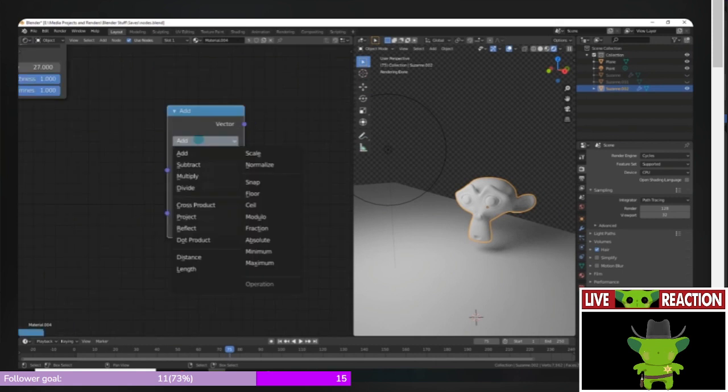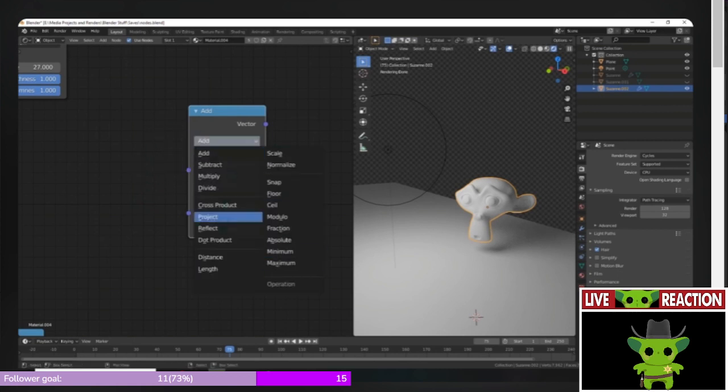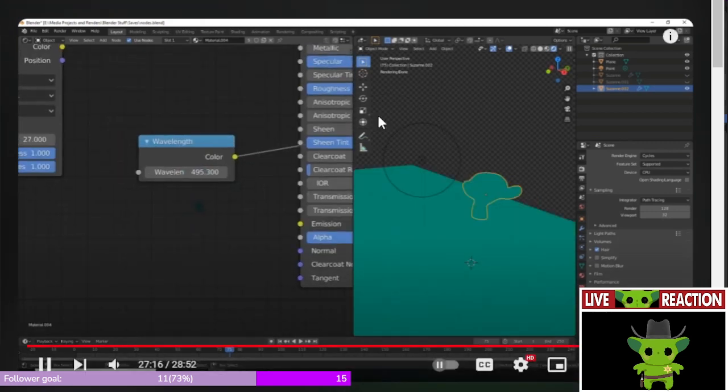Just like the math node. And it's essentially just like the math node, except instead of working with single values, you're working with sets of 3 values or vectors. Now there's not as many operations here, but the description of each of these is on the Blender documentation, so again, I'll link that in the description. And finally, for converter,